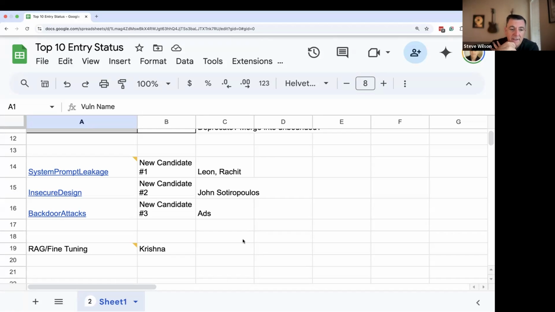The other thing that came out very strongly in a bunch of the voting was things around RAG in particular. There was a lot of debate, and it was kind of on the fence about whether there was going to be an entry around RAG practices specifically, or whether that would just simply go into some of the other guidance.